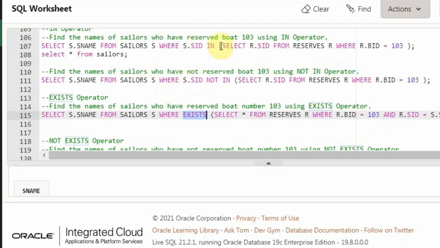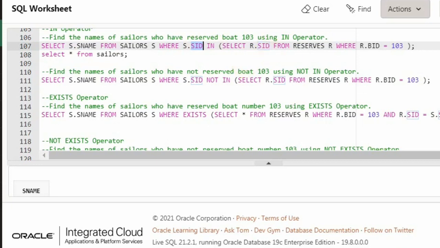Here you are comparing SID, so the inner query should produce SID in its result. That's why we are saying r.sid. If you give BID here, this query will not work, because you want to compare on SID. So the inner query also should produce SID. You need to keep that in mind while writing the queries.